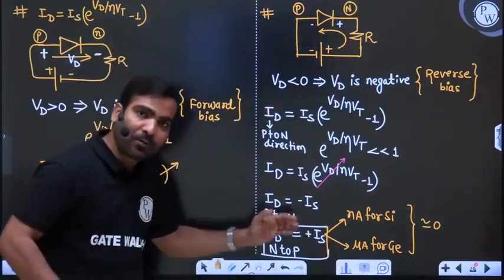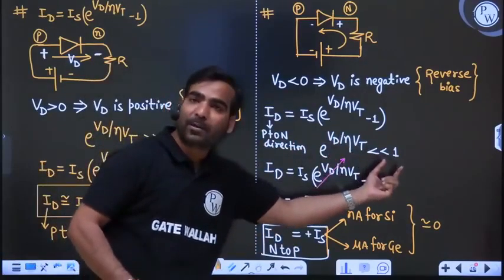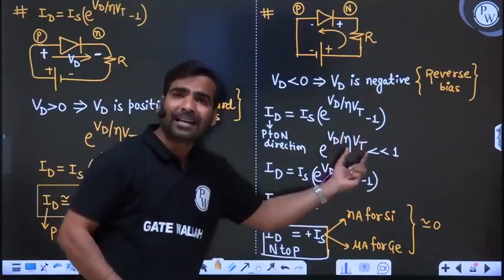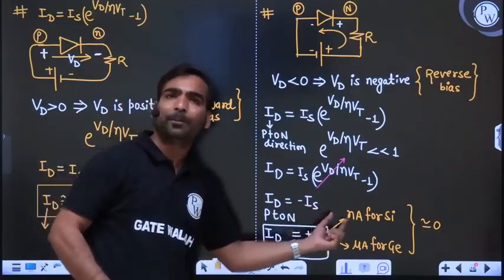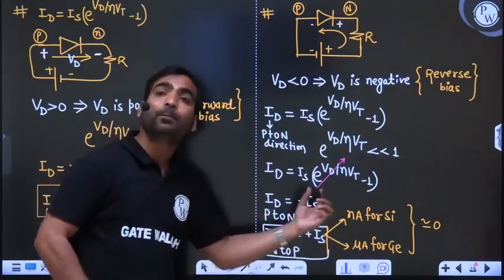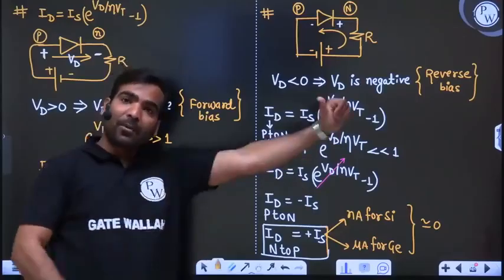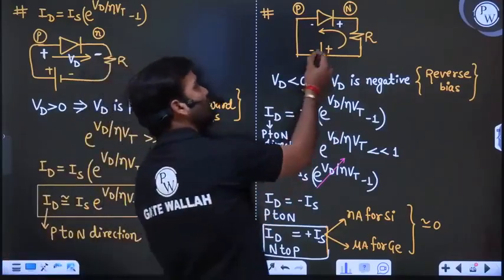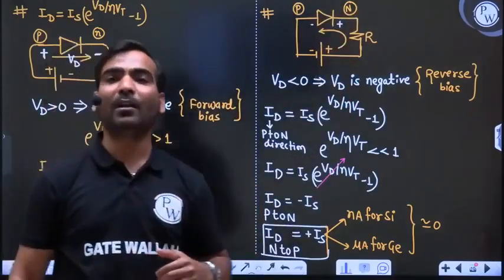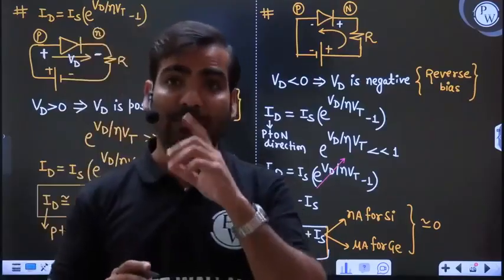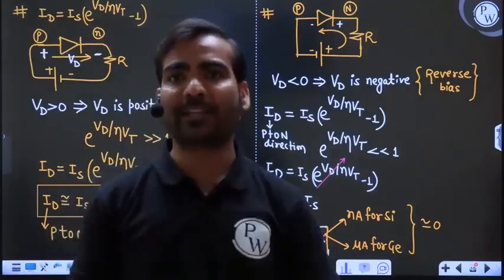After performing some approximation, that is, e to the power of Vd upon eta Vt is very small compared to 1 because of reverse bias, because of the negative value of Vd, this Id is coming -10, for example, -10 nanoampere. Id in the P to N direction is -10 nanoampere, or we can say Id is +10 nanoampere from N to P. Really, because of this battery, current can flow from here to here in the N to P direction. But this current is very small, negligible. We can say current is 0. That's why in the reverse bias we can make the diode an open circuit.